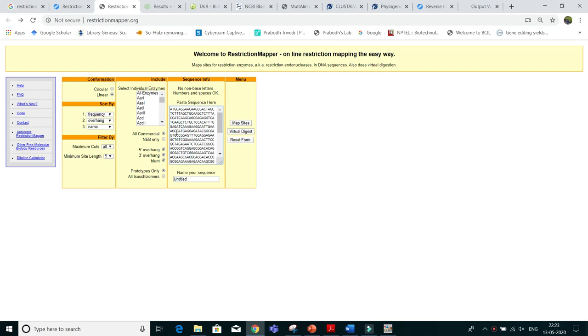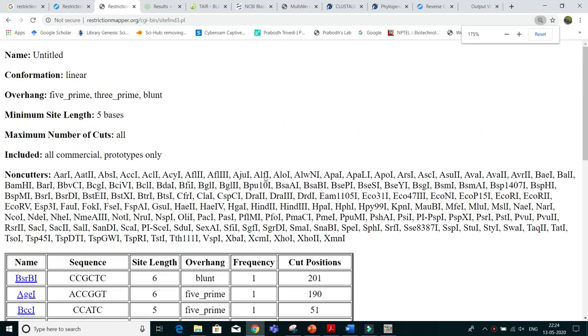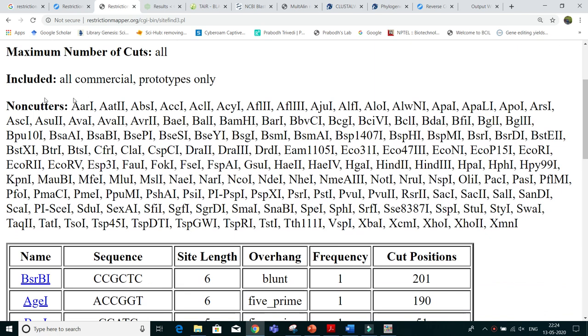What you will do, again you select all, Control V, paste, and just Map Sites. In this I will zoom it for you to see non-cutters or zero cutters. So my dear friend, BamHI is a non-cutter, so BamHI can be used for your experiment.